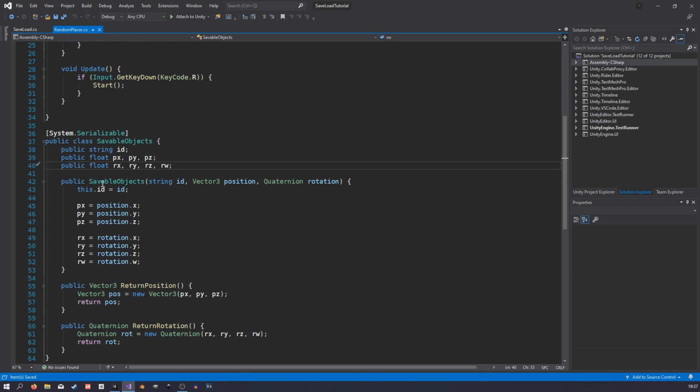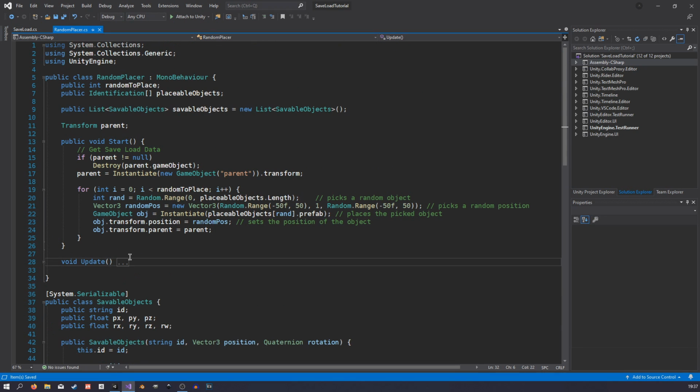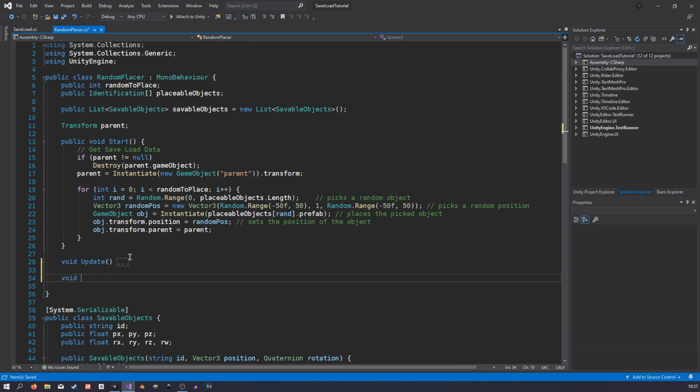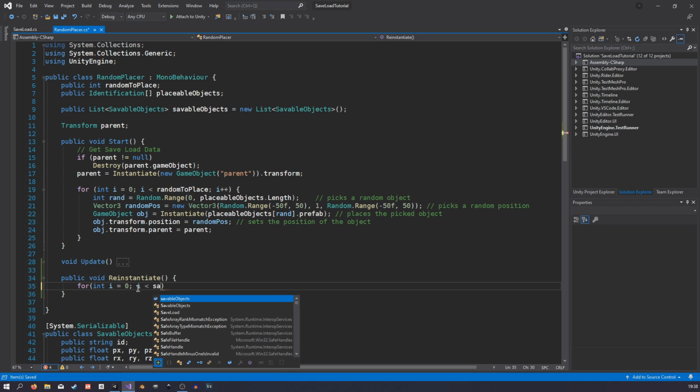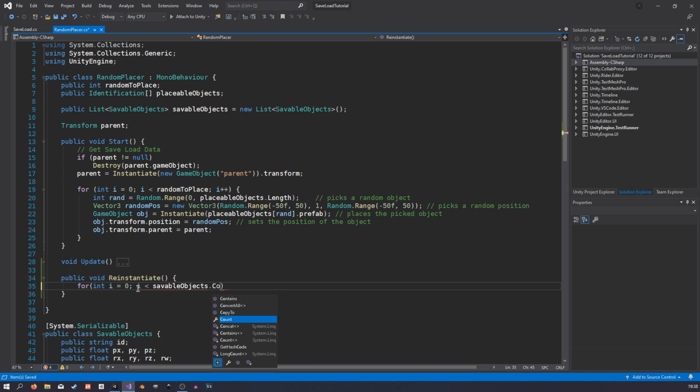Now to continue with this, we need to create a new function in this part. So we're going to create a public void Reinstantiate, which is then going to allow us to recreate all of the objects. So in here we're going to do a for loop, so int i equals 0, i is less than saveableObjects.Count, i plus plus,